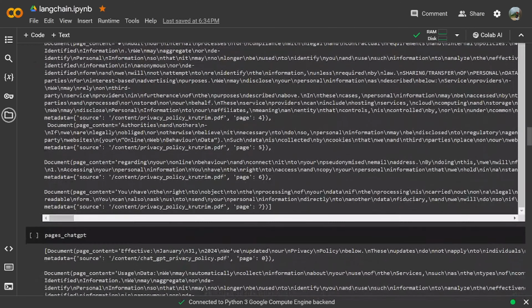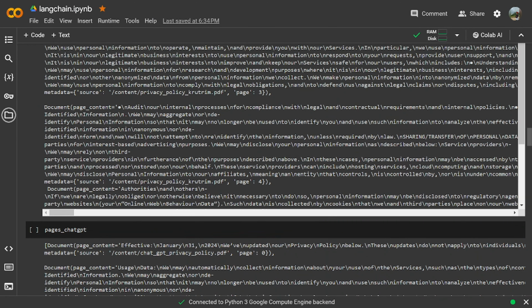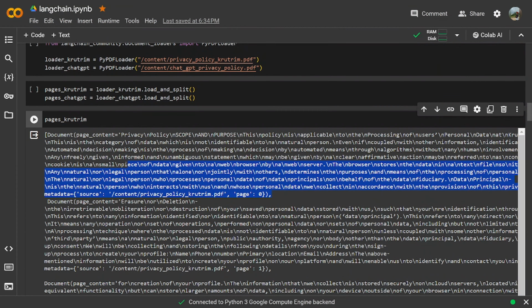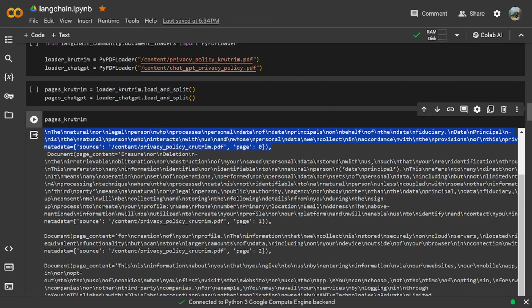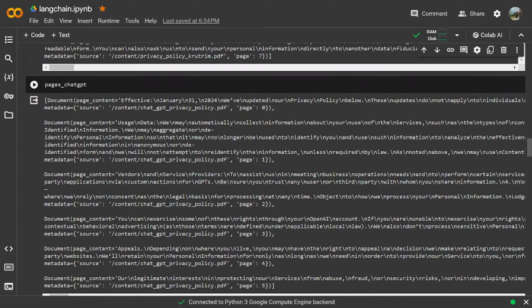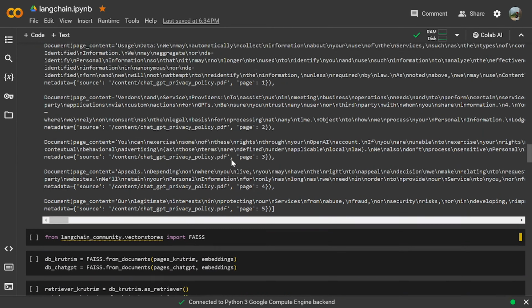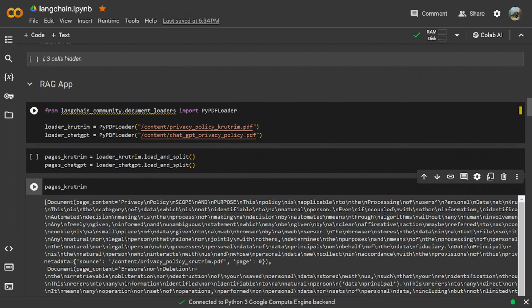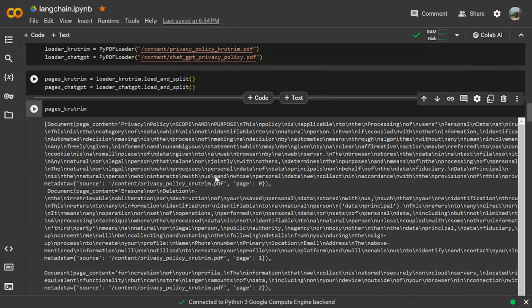So I guess there are 7 pages. Okay, not the real pages, but after chunking, this one is one document, along with the page number. Then we can see the pages of ChatGPT after chunking. It is 5 pages, meaning 5 documents. Okay, so here you can see how we are uploading it and how we are splitting it, meaning making the